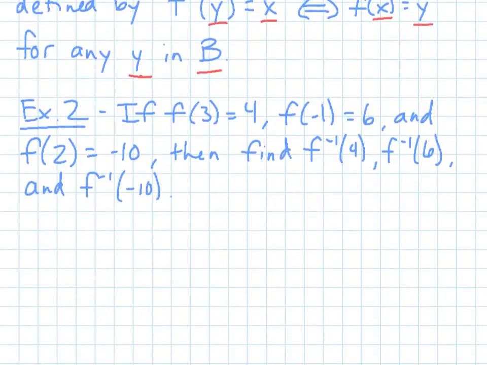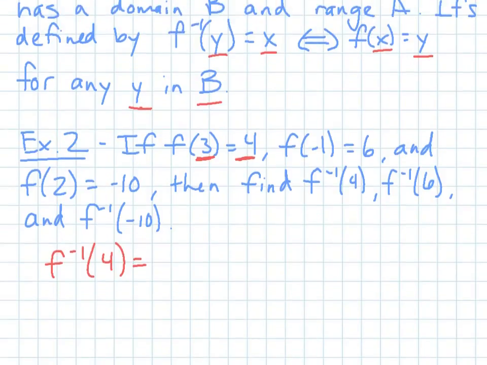Example 2 wants us to state if f of 3 is equal to 4, f of negative 1 is equal to 6, and f of 2 is equal to negative 10. Then they want you to find f inverse of 4, f inverse of 6, and f inverse of negative 10. Okay? So using this concept that they described earlier, because of those switches, you can do it the other way. So because this is your x and this is your y here, if you're now looking at f inverse of 4, okay,